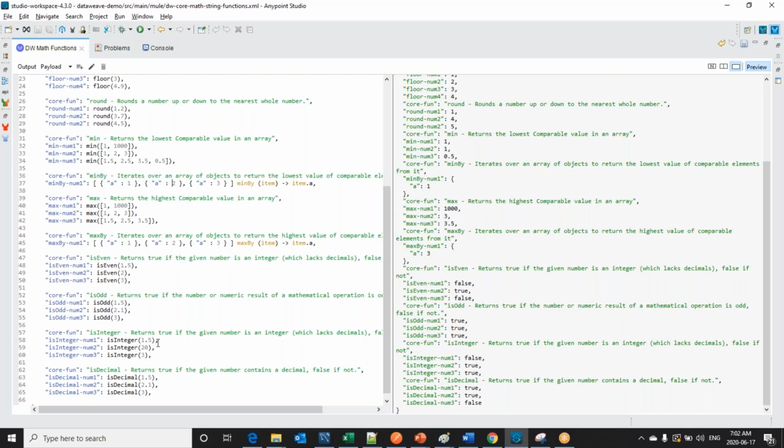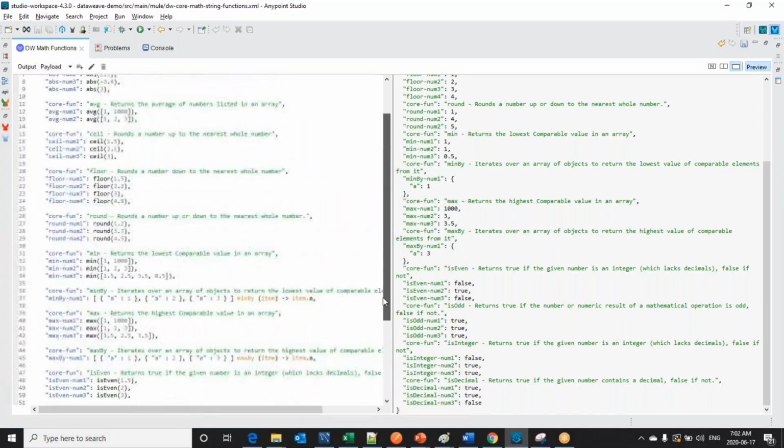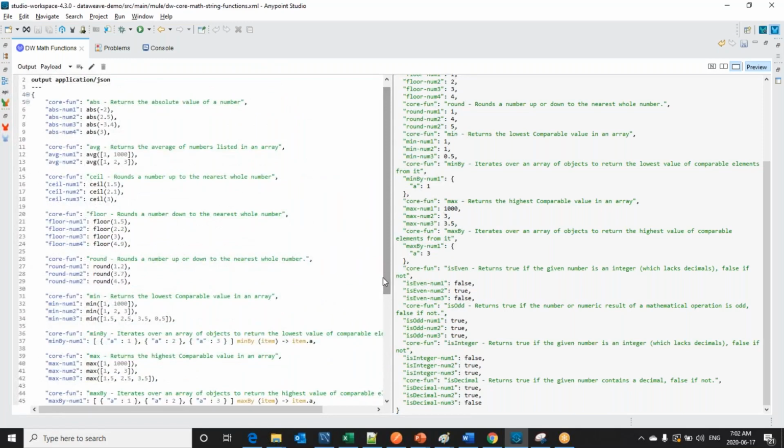In a similar way, there is isInteger. We have integer ranges, right? We know integers range from 1 to another value. So we can check the integer. It is also mostly similar to isEven. So we can go for isInteger or isEven, and isDecimal. In a similar way, we can see isDecimal: is it having point numbers or not? It will check that. So these are the core math functions available based on the requirement.